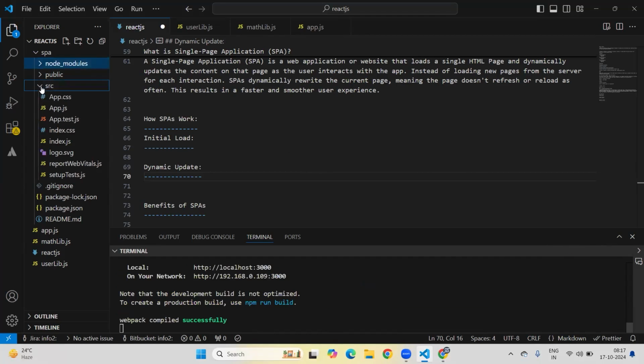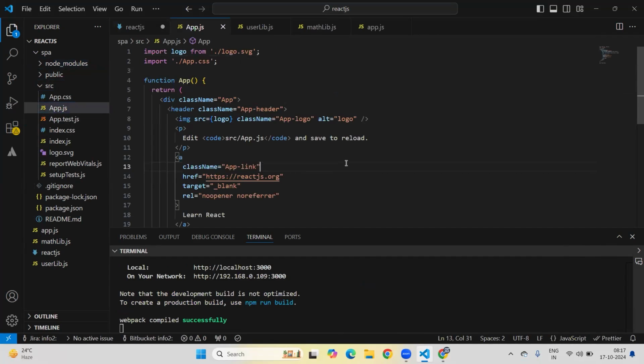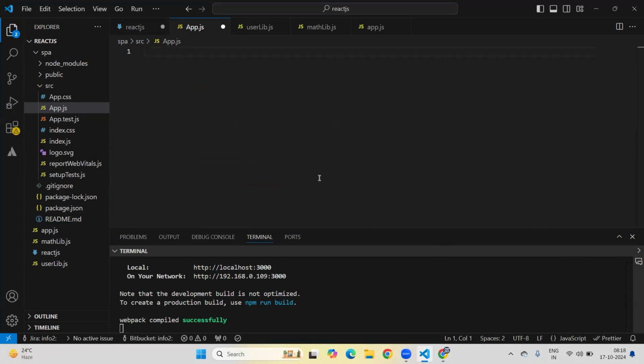Now here I'm going to write some code. It is a little bit difficult for me to explain right now, that's the reason. Just observe the output. Don't bother about the code, because I did not explain anything relevant to this React.js. So whatever here, I'm going to